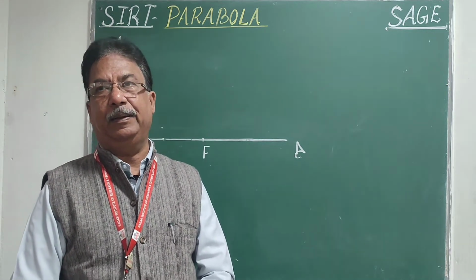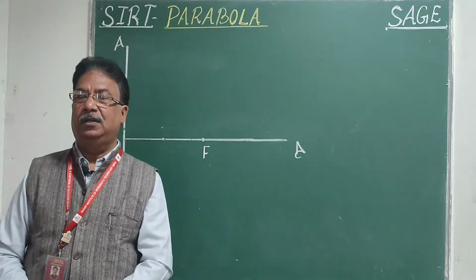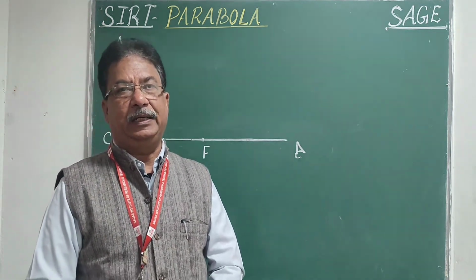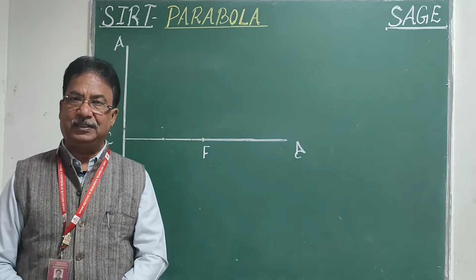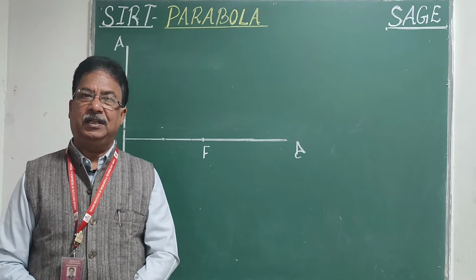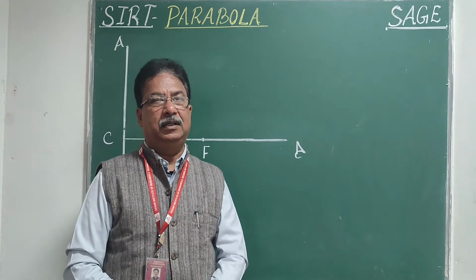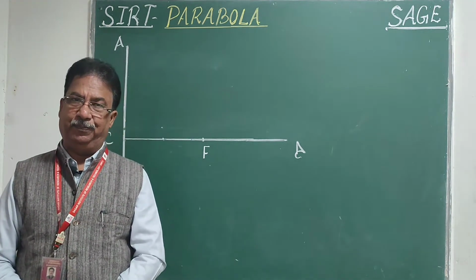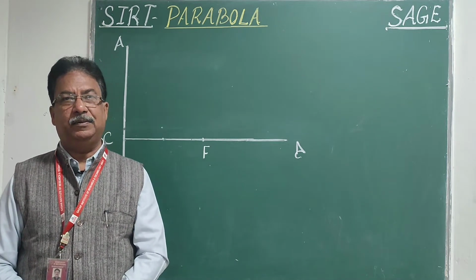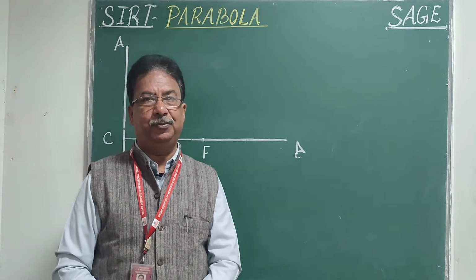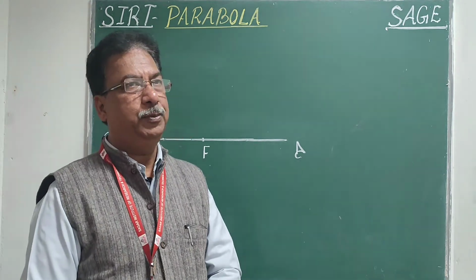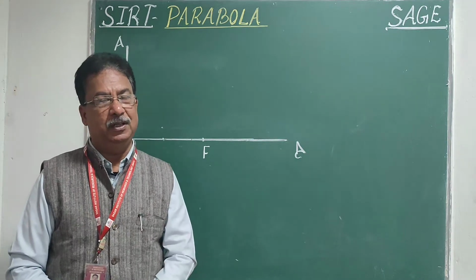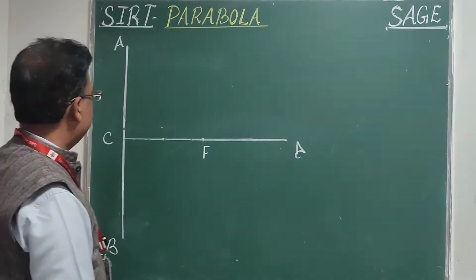So I am taking a case of a parabola where the problem will be like this: there is a point which is at a distance of 50 millimeter from a fixed straight line, and it moves in such a way that the distance from the fixed point and the fixed line remains the same. As we know the eccentricity will be 1, so that curve will be a parabola. In this particular problem, what is given to us is the distance of the focus from the directrix. So how are we going to start?